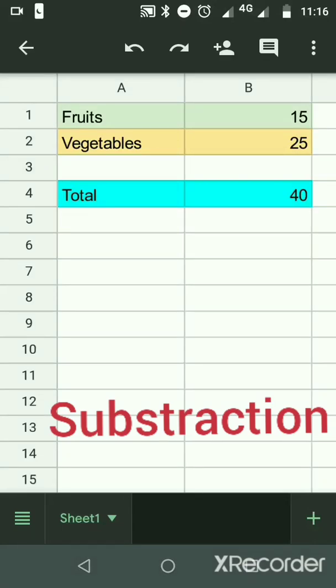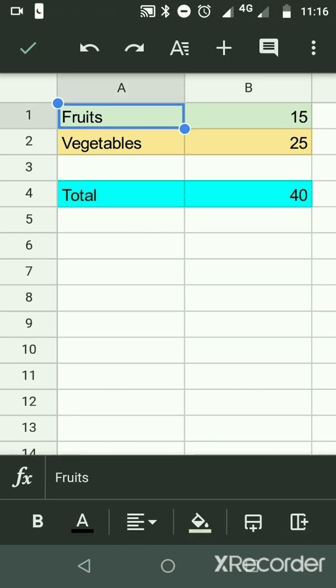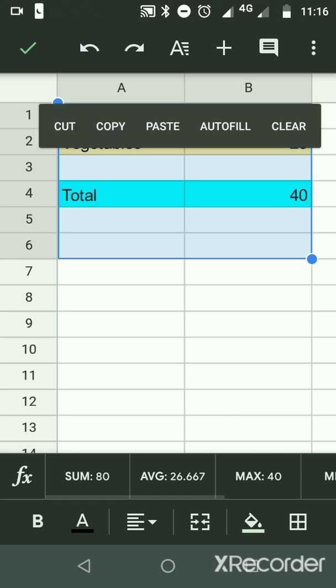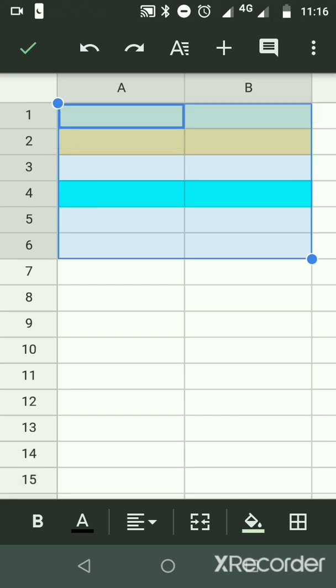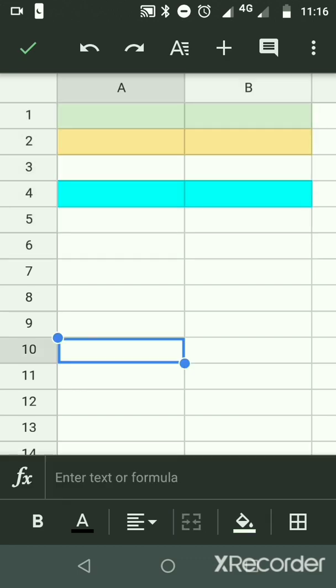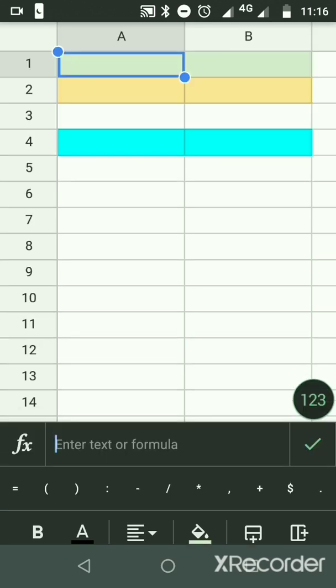Today we learn subtraction, जो कि minus. Subtract these two values. First, be clear, clear all this text by selecting it, and after that first